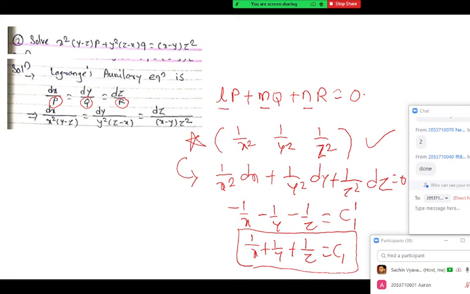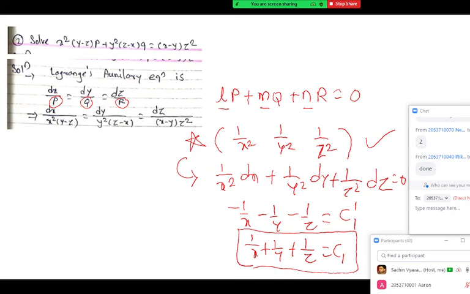If you multiply 0 in the denominator, you have to multiply 0 to the numerator. It gives 0 dx plus 0 dy plus 0 dz, and integration is not possible. So you are not going to get one more solution there. Okay, the multipliers are always non-zero. At least one multiplier should be non-zero. Yes, any other?